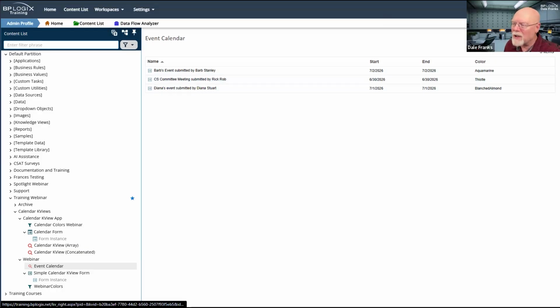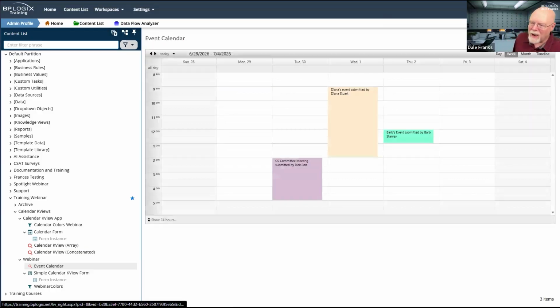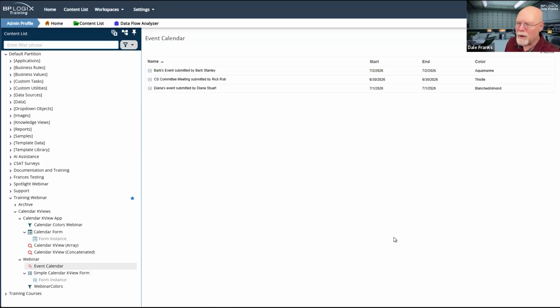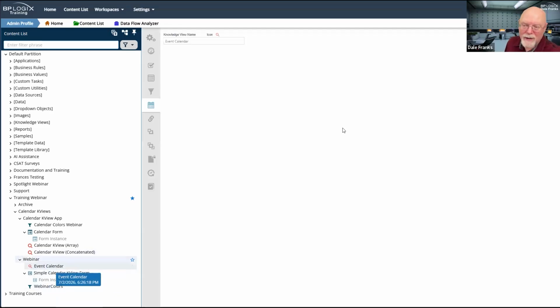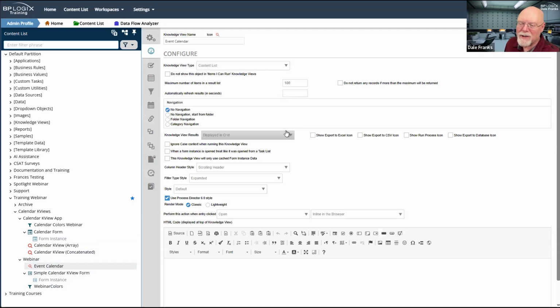If they actually want to see the calendar, they have to go up and click on the calendar view to see the calendar. And once the calendar view is displayed, then they get the icon to go back to view it in the grid. So great. The trouble is that I don't get that same flexibility. So it is a trade-off, depending on what you want your user to see.